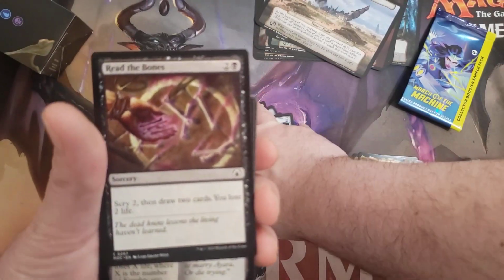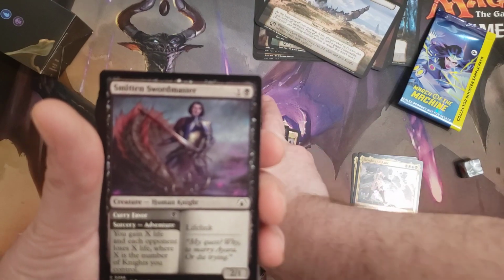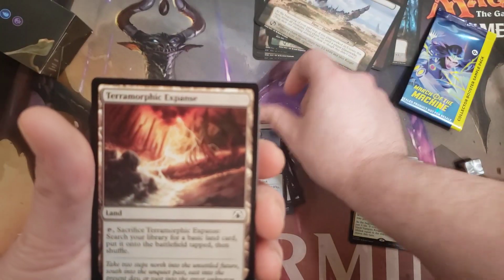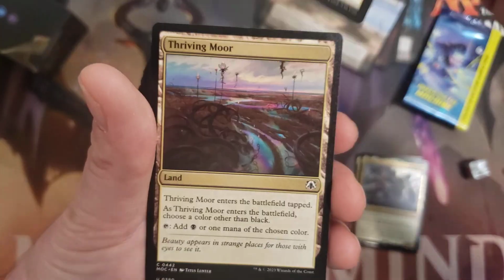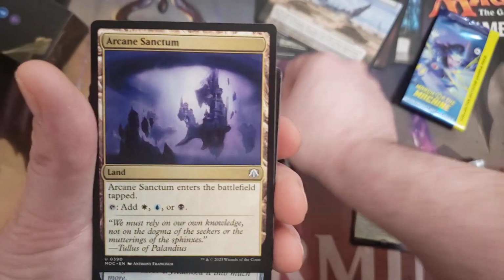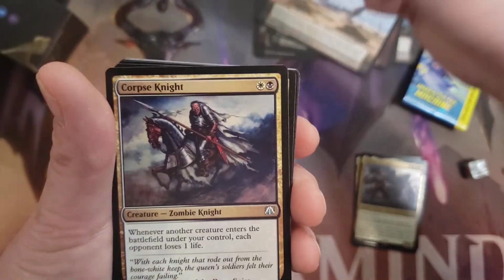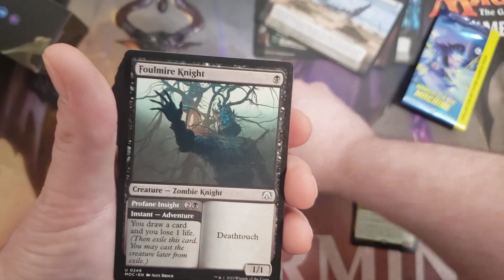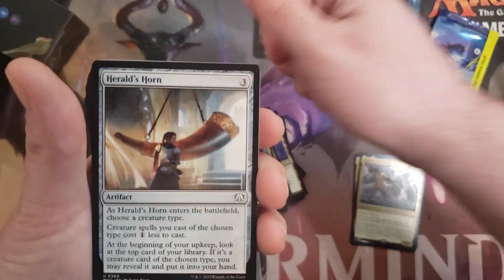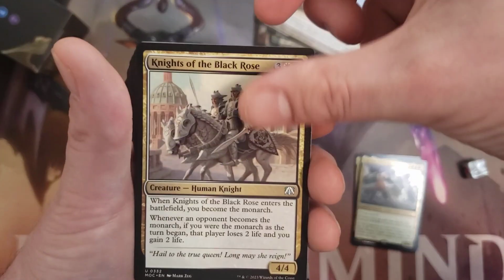Path. Read the Bones is an okay draw. There's better draw in Commander, Sign in Blood, Night's Whispers. I believe this deck has mostly kind of a night theme. Gonna go through the Thriving Lands, they're mana fixers. Arcane Signet has become a staple in these commander decks now. Despark is another really strong removal card I recommend for budget decks. Black-white removal is really hard, or not hard to come by, but that's a strong one for 2 mana at